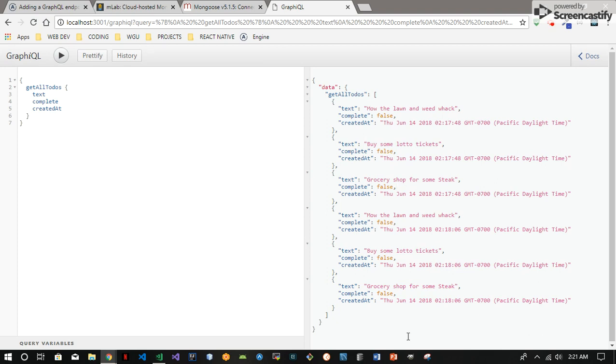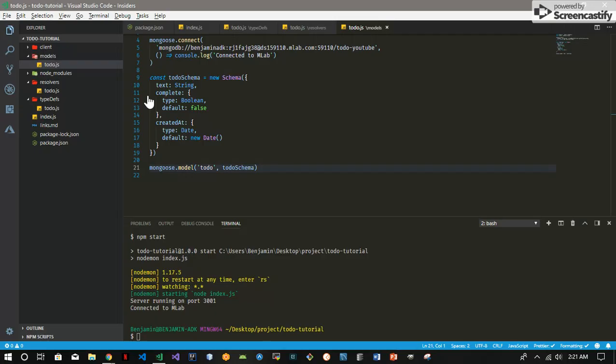Okay, what's going on? So we just got complete with our first query. We brought back this big array of to-dos. So we obviously need to figure out how to create to-dos. We need to create some to-dos, which we did, but we need to learn how to do it through our